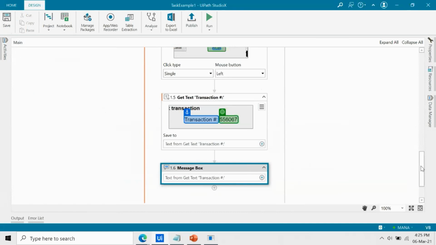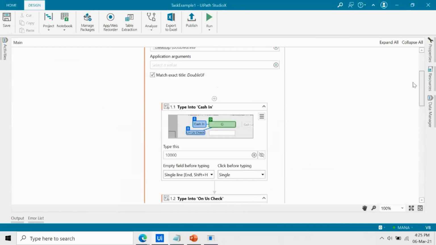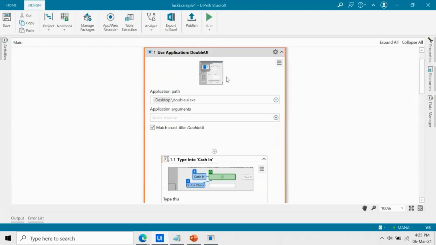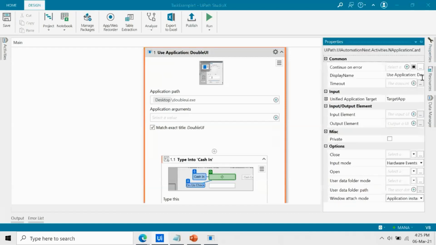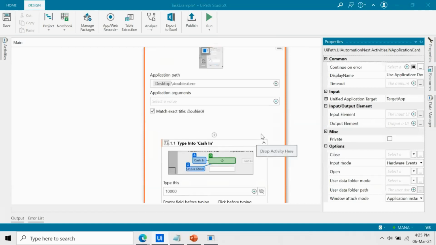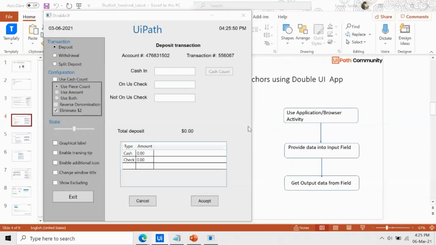Okay. One more thing to add, in case you are working with different applications, multiple applications which have some pattern, then you can also use wildcards in your selectors. So maybe for now we can run this bot and we will see that particular example in another use case. So let me run it.